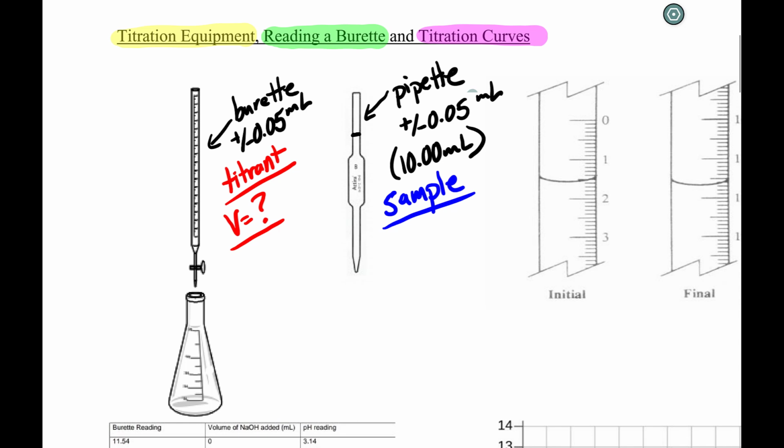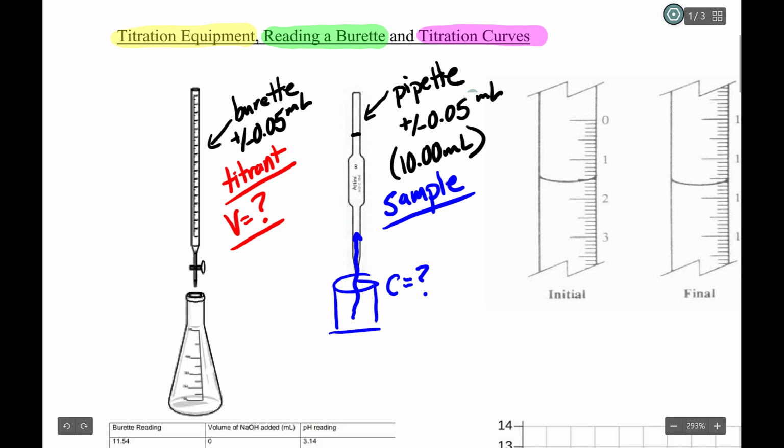Now what would happen is you would suck your sample up from, say, a beaker. So I'd have a beaker and I'd have this sample and I don't know the concentration of this sample. You would put a bulb on the top of the pipette and squeeze it, then stick it in the solution, and the solution would go into the pipette and you'd fill it up to its fill line, and then you would know it's exactly 10 milliliters. And then you would transfer